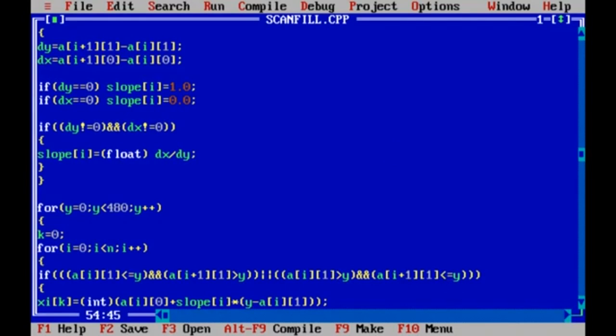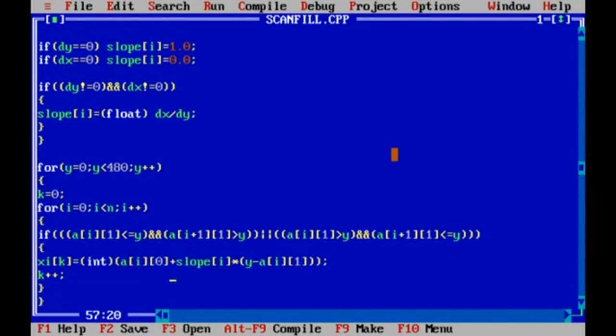Now a of I of 1 is less than y and a of I plus 1 of 1 is greater than y. So we are simply doing xi of k equals to int of a of I of 0 plus slope of I into y minus a of I of 1.